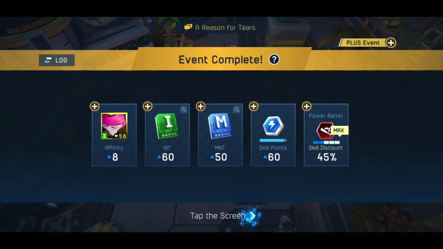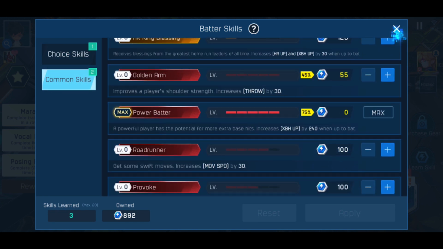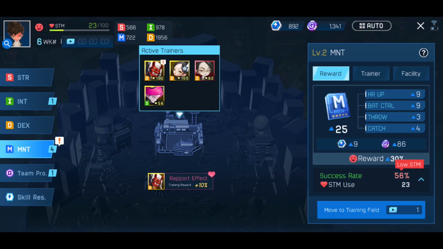Power batter. Oh, man. See, stuff like that makes you hurt. Look, just got max discount. We've already bought all of it. But if we hadn't bought it, we would have maxed out our skill points already. Mental is up,